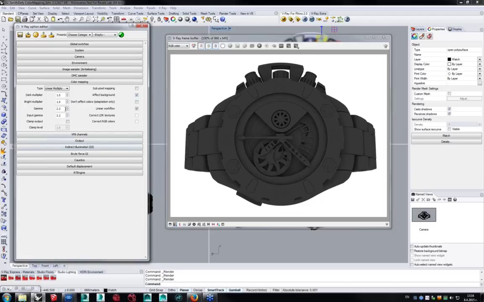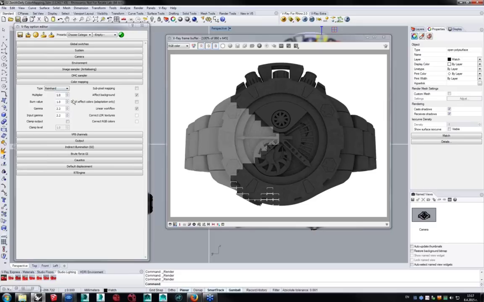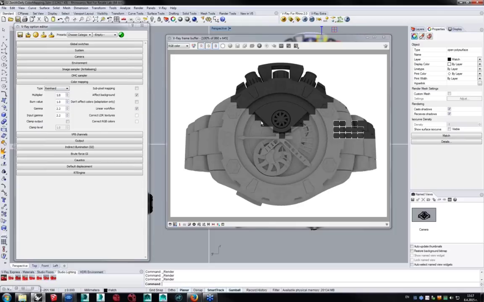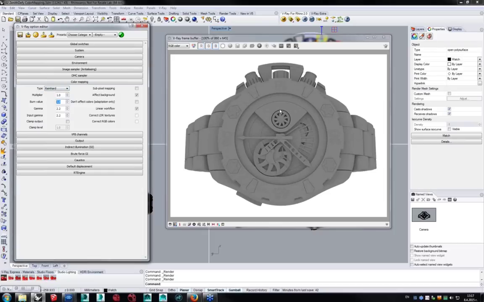Now what you can do is switch to Reinhard, which at its default is basically a linear multiply. So let's render it. There we go. So this is a linear multiply mode. But if I start tweaking the burn value and setting it to something lower than 1, then we are starting to be in exponential mode. So it's a blend between linear and exponential. So if I set that to 0,